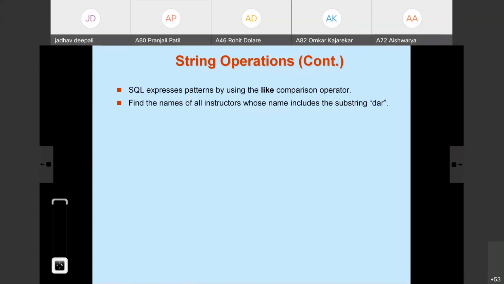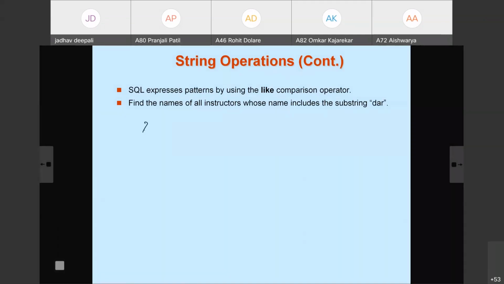The simple query is like this: select name from instructor where, okay, now we need to use the like operator here, where we are going to find name, and what is given here?